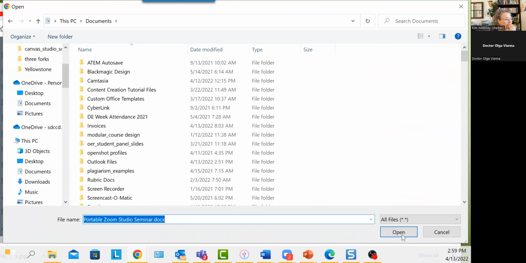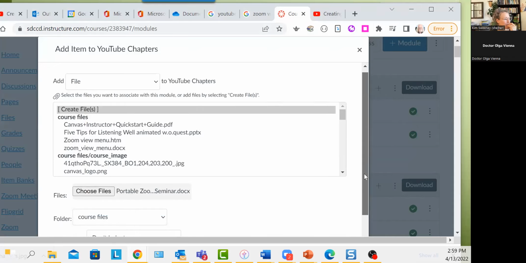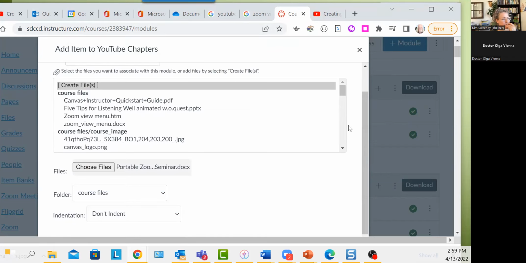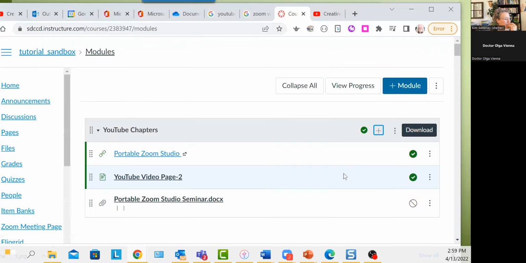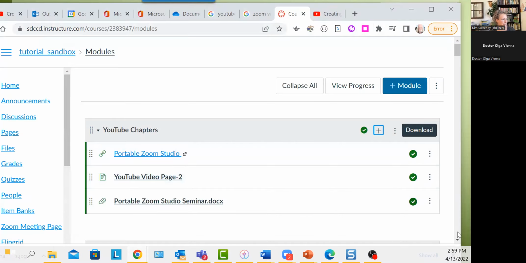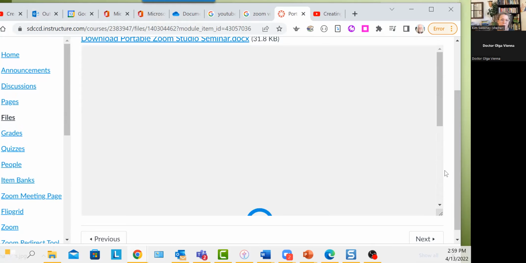Never assume. And then just click Open to tell Canvas which file I want to upload, and then add the item to the module and publish it. Now if the student comes in and clicks, after a little bit of a delay as Canvas loads the Word viewer,